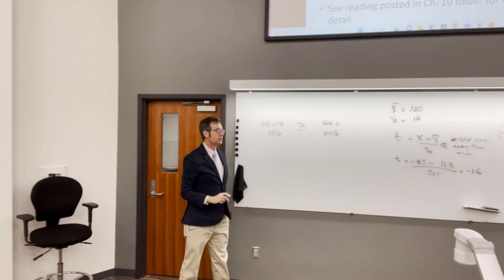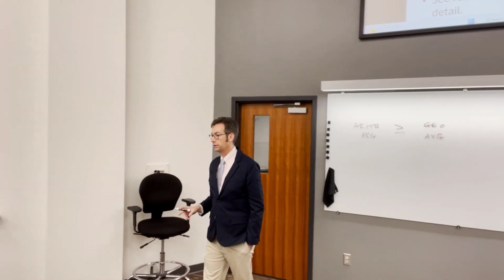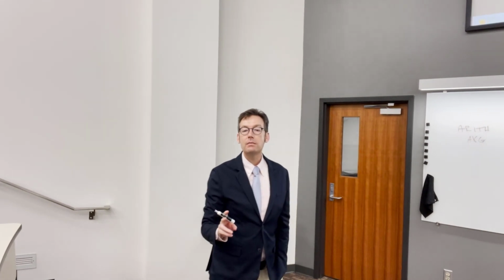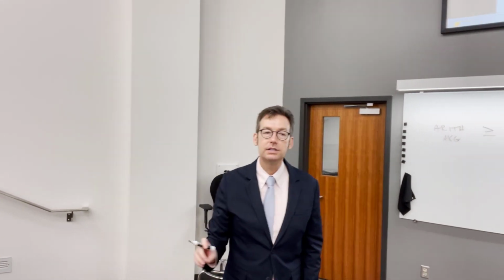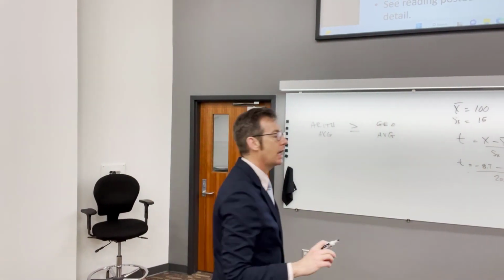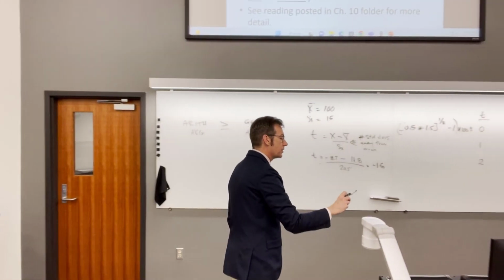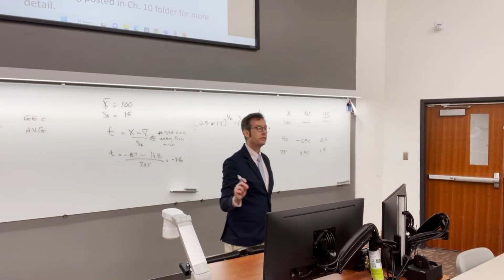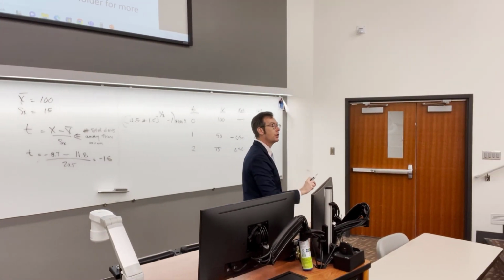The arithmetic average is always greater than or equal to the geometric average. Now, the only time that they're equal is if all the returns are identical. So if we'd had 5%, 5%, 5%, 5%, 5%, then both the arithmetic average and the geometric average would be